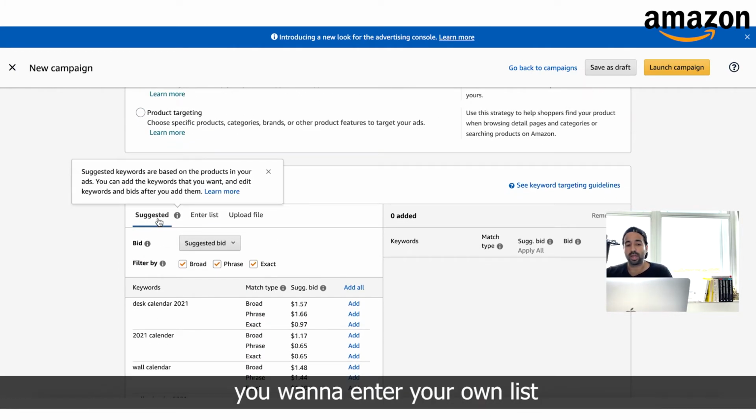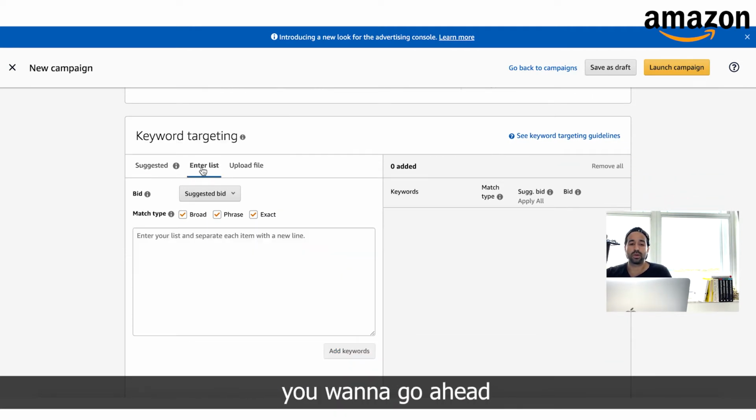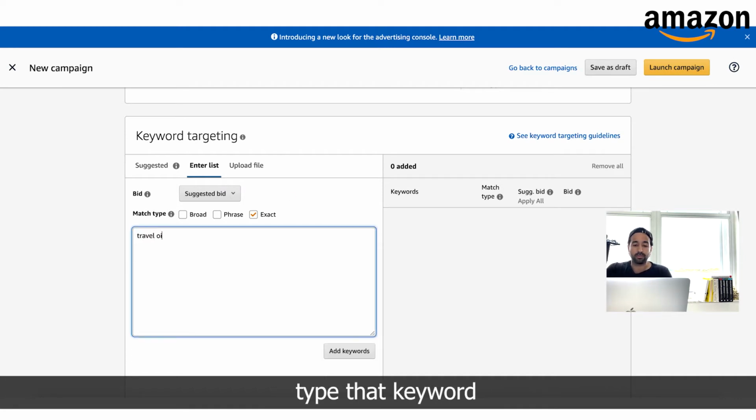And then right here, you want to enter your own list, right? Because Amazon is going to suggest some keywords for you. You want to go ahead and enter a list. You want to unclick broad and unclick phrase because you only want to do an exact match campaign. Now, what does that mean? Whenever someone types in the keyword exactly travel pillow, I want you guys to show me up there. So you want to do exact. You want to go ahead, type that keyword that you're targeting, which is travel pillow,